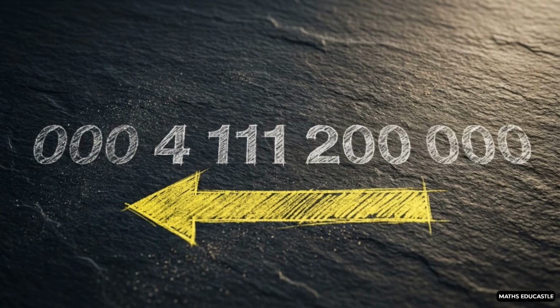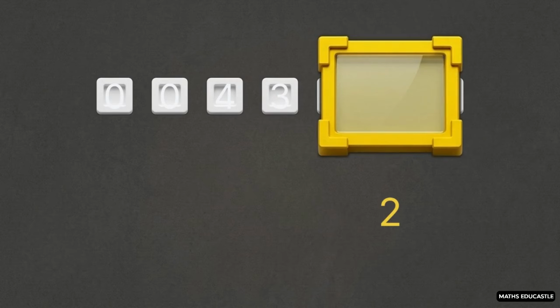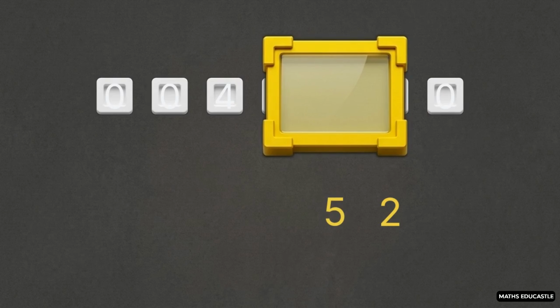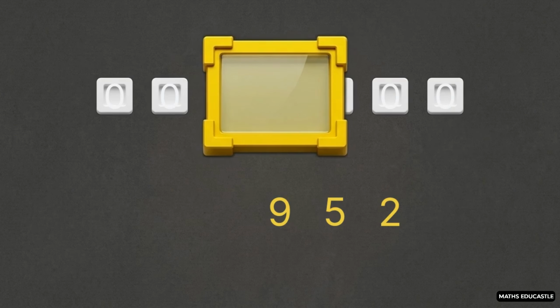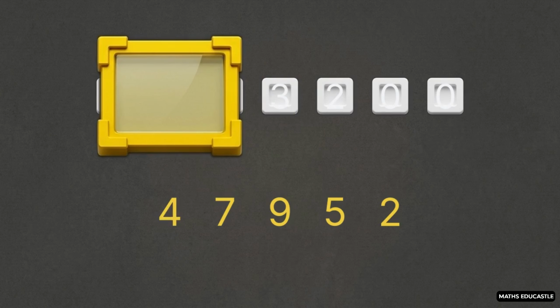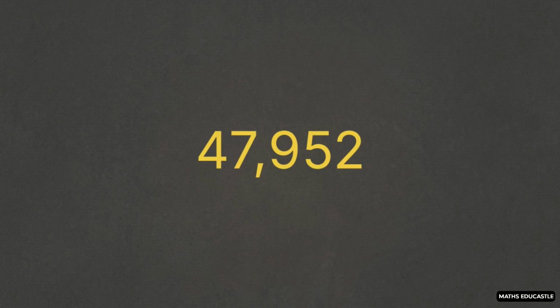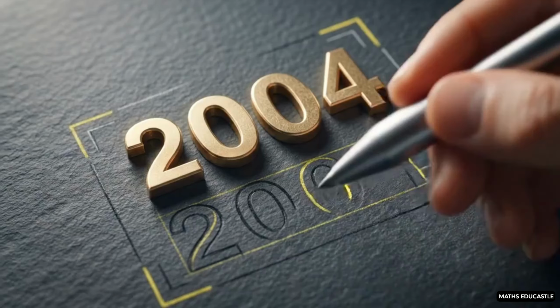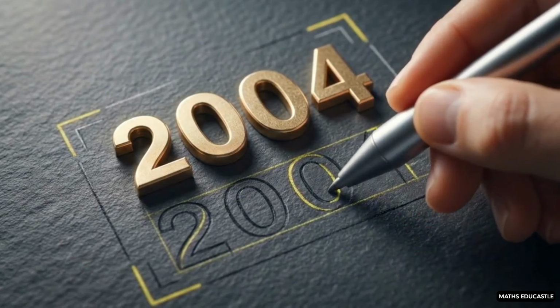To execute the calculation, you must work strictly from right to left. Starting right, 2 plus 0 is 2. Sliding left, 3 plus 2 plus 0 is 5. Next, 4 plus 3 plus 2 equals 9. Moving left, 0 plus 4 plus 3 is 7. Lastly, 0 plus 0 plus 4 is 4. Result, 47,952. Working from right to left ensures that each digit is processed in its correct place value, reducing the chance